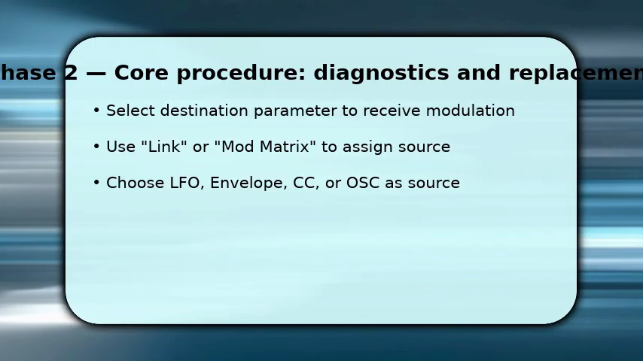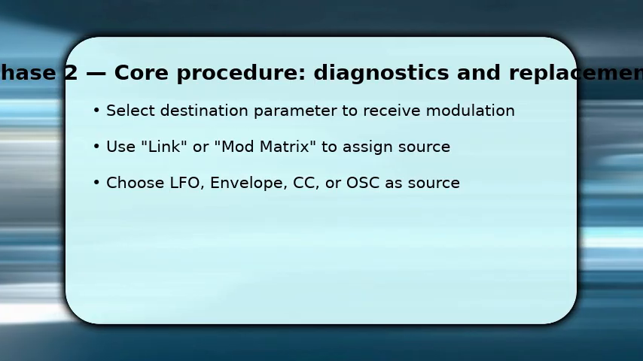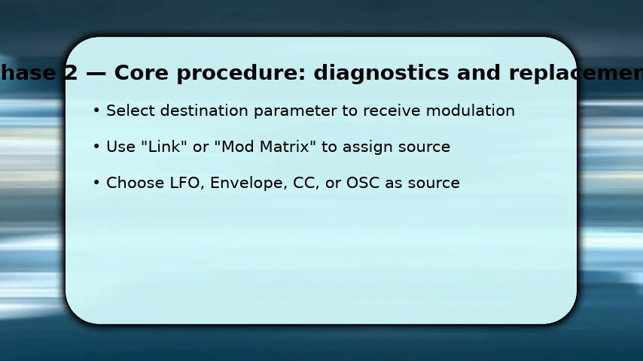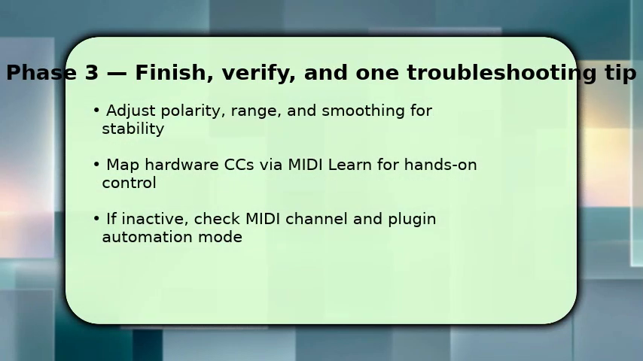Choose your source from LFOs, envelopes, macro knobs, or MIDI CC. Drag or click to assign and set the depth amount. This determines how strongly the source changes the destination. You do this because precise routing and depth keep modulation musical, and finally, refine each link by adjusting polarity, min/max